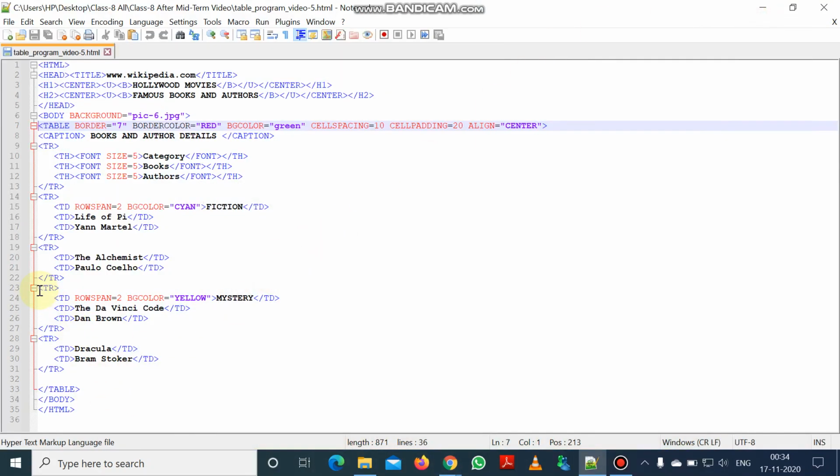Again we are going to create the fourth row with the tr tag, and now in the fourth row the first data cell will span up to 2 rows. So here the data cell is started with the td tag, and after that rowspan equal to 2 is given. After that bgcolor yellow is given, and then the first data cell content, Mystery, is given. That means this data cell of the